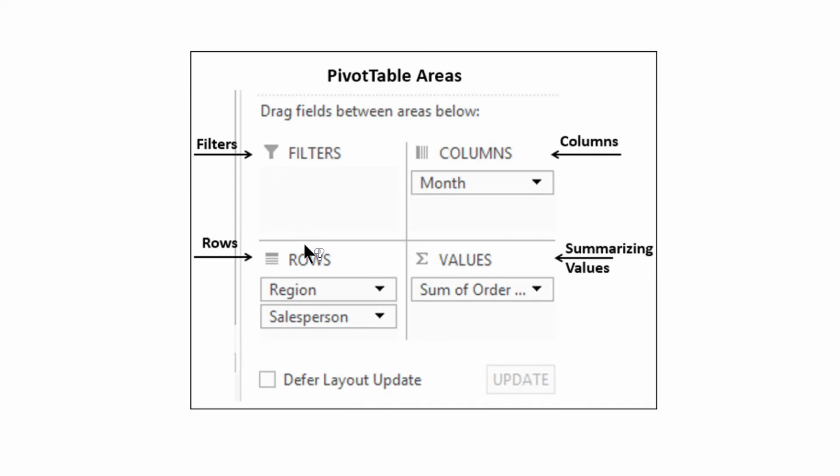Here we have the snapshot. Once we take the table to the pivot table, these are the 4 areas which will appear. I think all can see here. The filters we have, then besides that we have columns, then down we have the rows, and at the bottom right hand side we can see here the values.